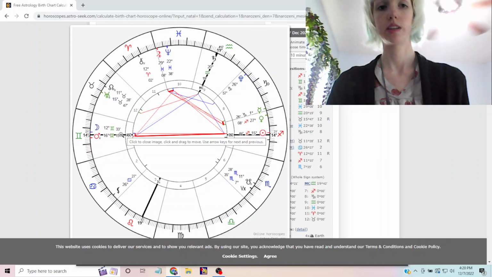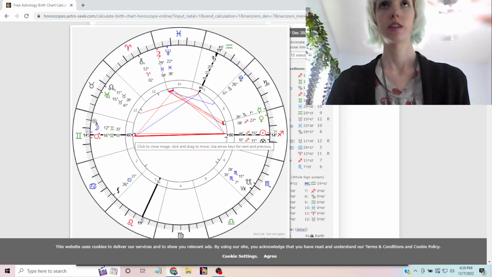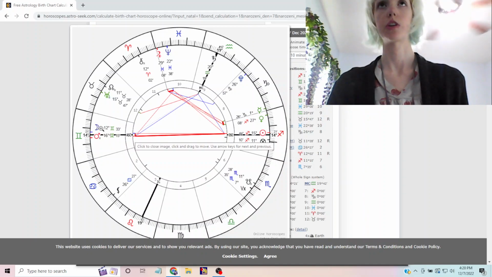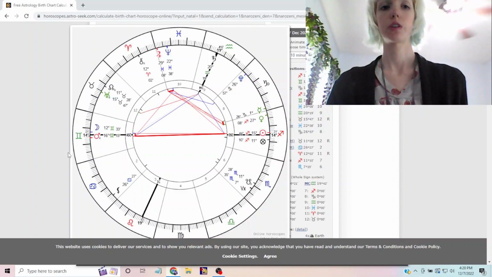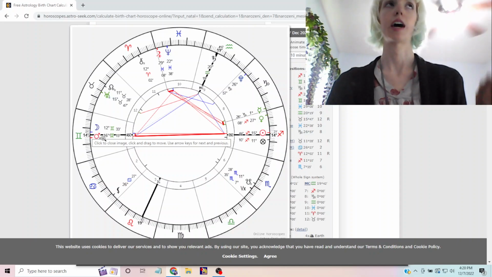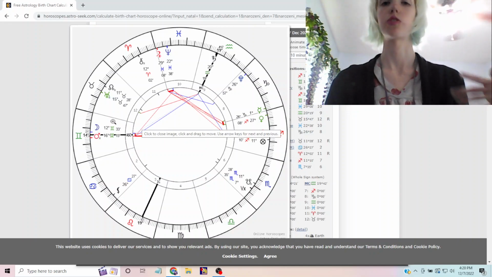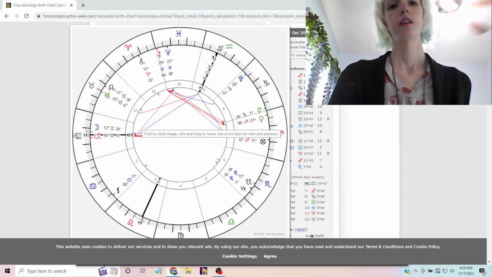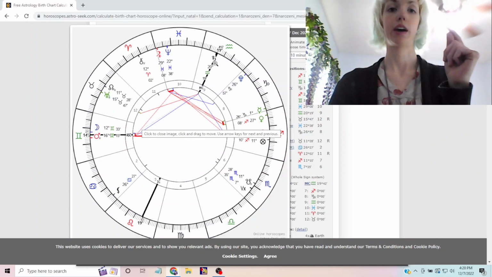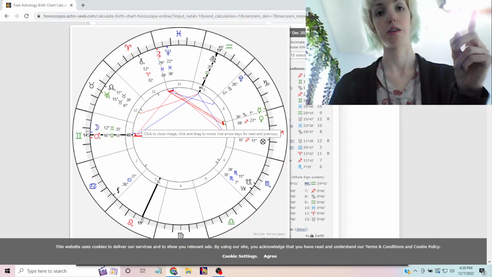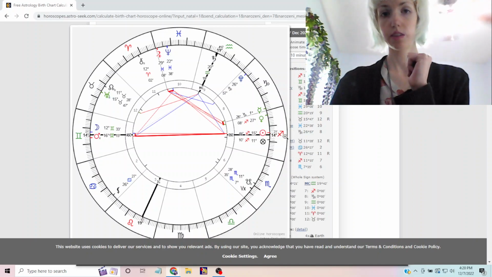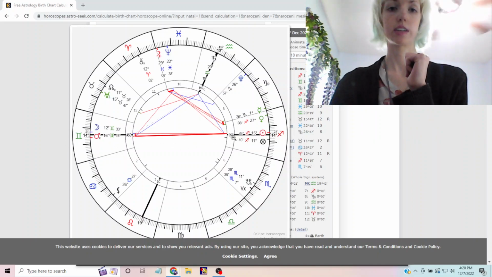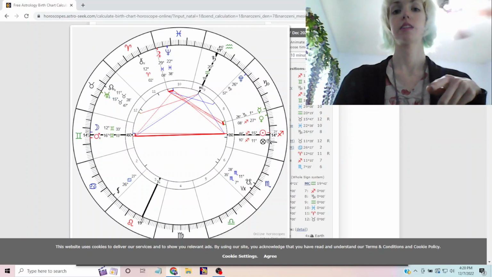So at the time of birth, based on where you are in the world, when you took your first breath, if this is your birth chart, this is the exact sign and degree that was rising over the eastern horizon. When the sun rises, this is the sign that was there rising. This would be midheaven is right above you. It's the highest up. The DC right here, descendant, which is the same axis as the ascendant, this is